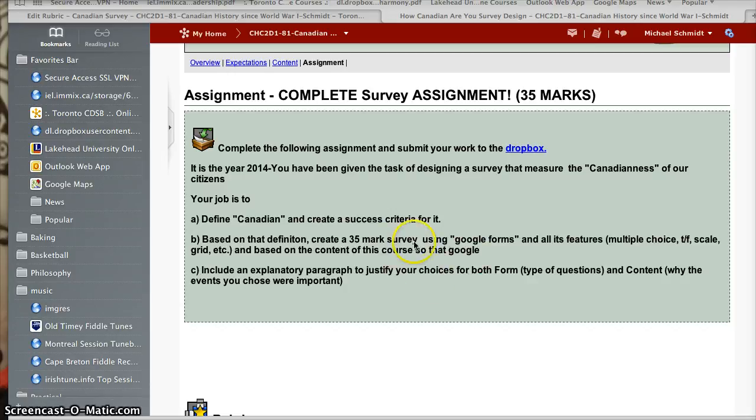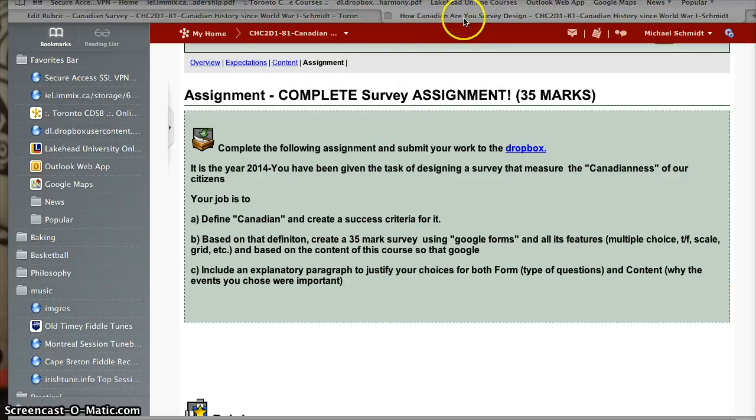Just think about it so that you can manage it and digest it. And then the other part of that is use the Google form itself. There's all these different types of questions and ways of using it. So do it so it's appropriate and it's fun to fill out, and it doesn't just seem like a history quiz. That's not your goal. Think about all the silly surveys that are out there. You know, how Canadian are you is basically one of those surveys that you are designing. So it's supposed to be entertaining, but there's also supposed to be historical content.